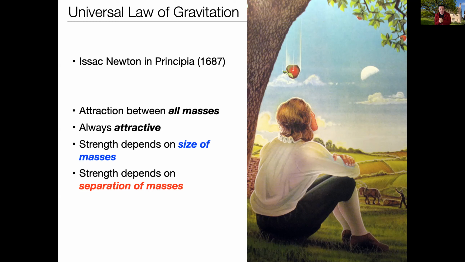Okay? Now, the thing that was probably the most inspired thought that Newton had here was that gravity is an attraction between all masses, right? He could have just as easily thought that the apple had nothing to do with gravity. It was all the action of the Earth. But what he actually said was, if the Earth is pulling on the apple, the apple's pulling on the Earth. And more to the point, he said the Earth is pulling on the apple and the apple is pulling on the Earth, whether the Earth is there or not.